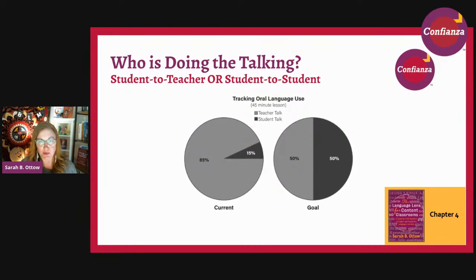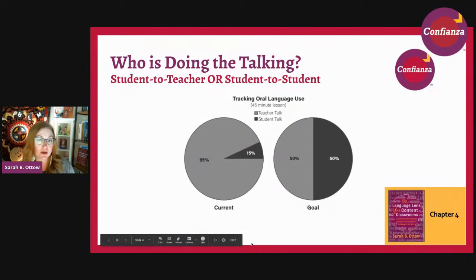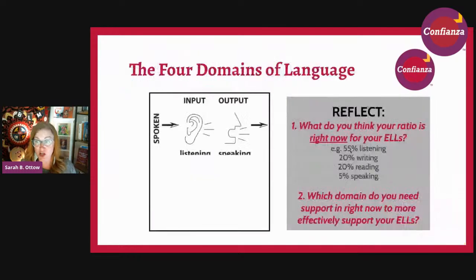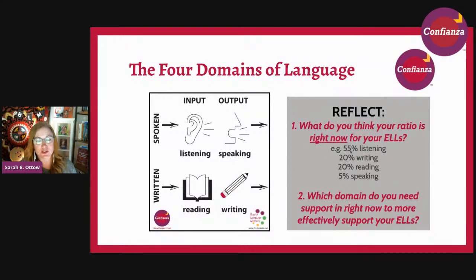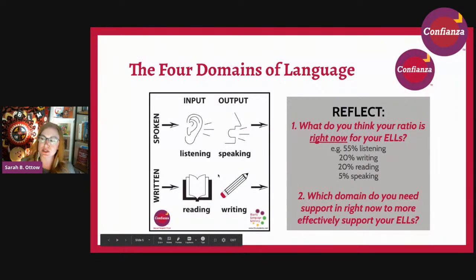And this is a very simple place to start, to say, where are we now? If you analyze your own practice, you might realize, I actually have more teacher talk than student talk in my lessons. Today is going to be all teacher talk. I'm the teacher, I'm talking to you, it's 100%. But when I'm doing workshops and coaching, I try to make it at least 50%, if not 75% of student talk. Because students, if they're not using the language, they're not learning the language. So reflecting on your ratio is really important. And when you think about the 4 domains of language, you can do the same across all 4 domains by self-assessing.